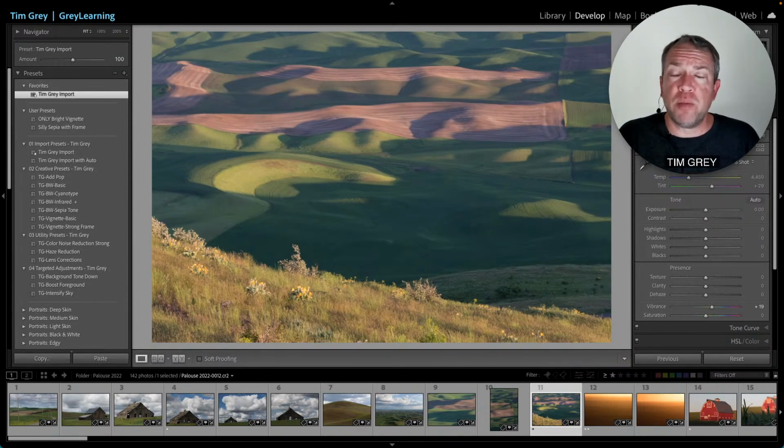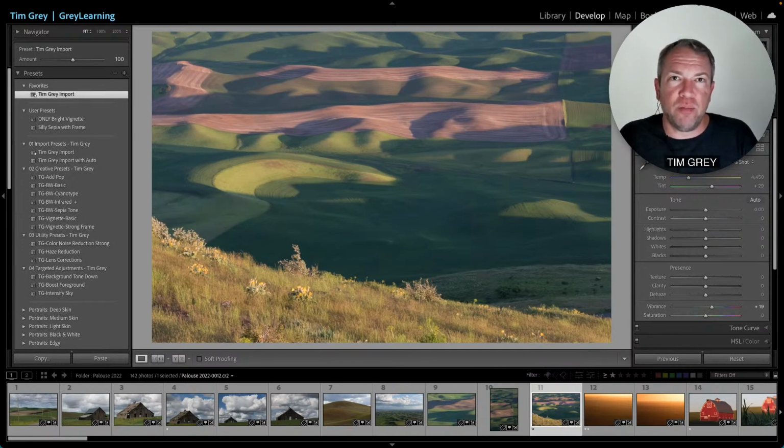So if you're familiar with the ability to synchronize adjustments, we can synchronize in real time in the develop module. We can synchronize after the fact in the develop module. We're not going to worry about those types of automation right now because we're focused on presets. And with presets, one of the easiest ways to apply presets to a batch of images is actually not to use the develop module at all. A little bit of a hidden trick, you might say, that we can apply presets to a batch of images